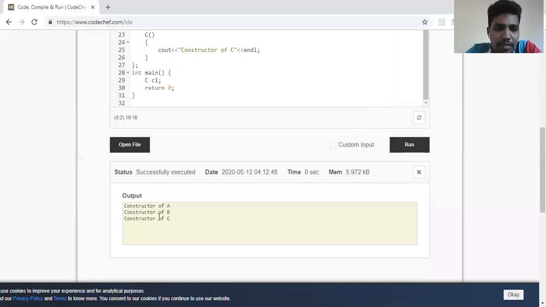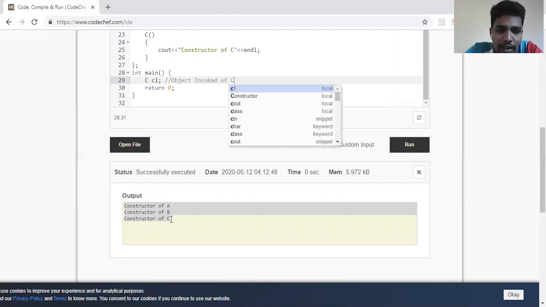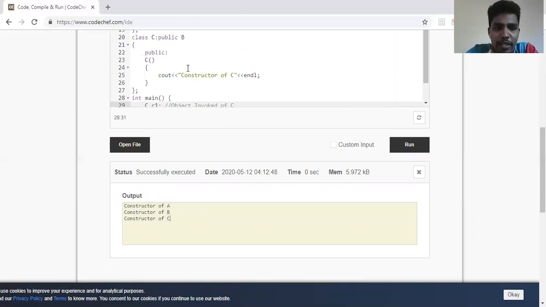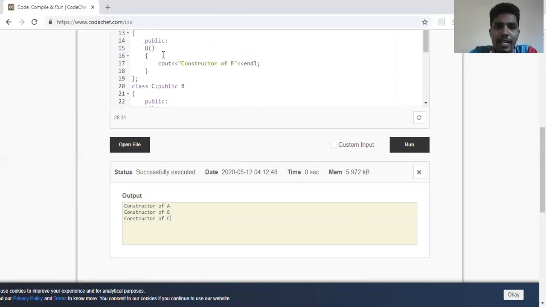Yes, so you can see here, though I have written only object creation of C, I have the constructors of B and A called. This proves that C, whenever it inherits the features of B, it takes all the features of B, and in that there is a constructor also.